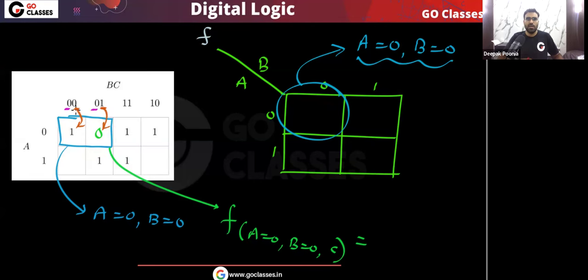Look at these two cells. Here the C variable is 0, so the function is 1, and here the C variable is 1, the function is 0. So basically the function is C complement. Do you agree? That's it. So I can write C complement here. I hope you understood. Very simple.